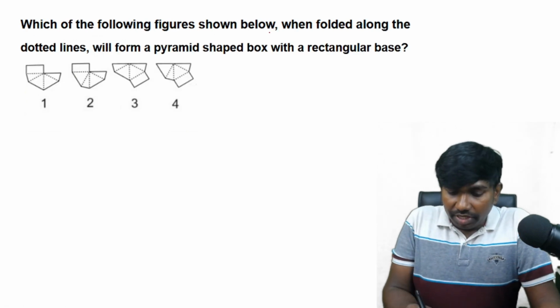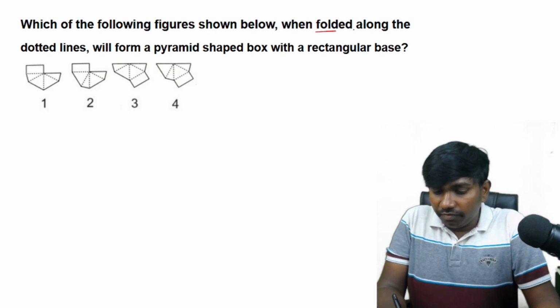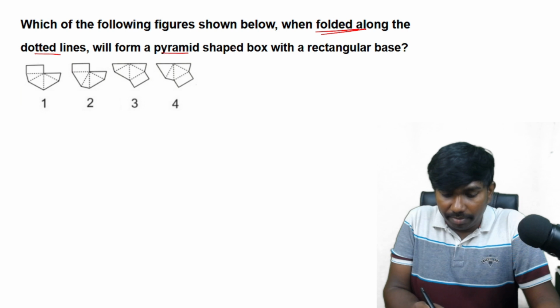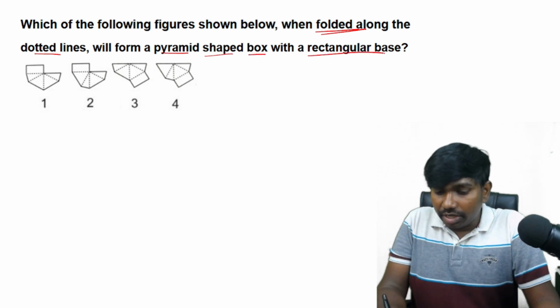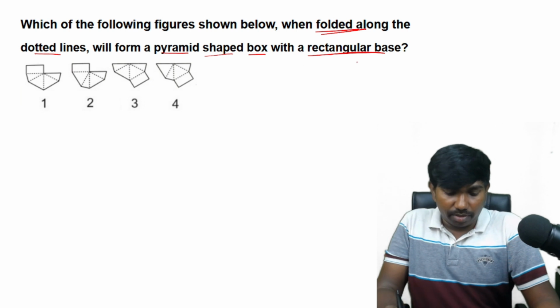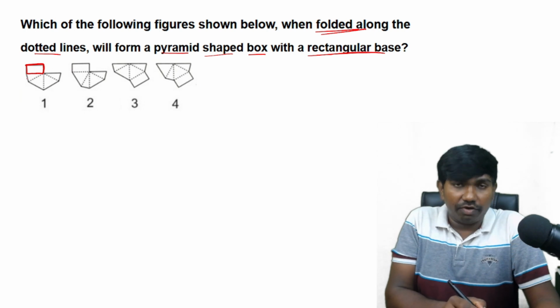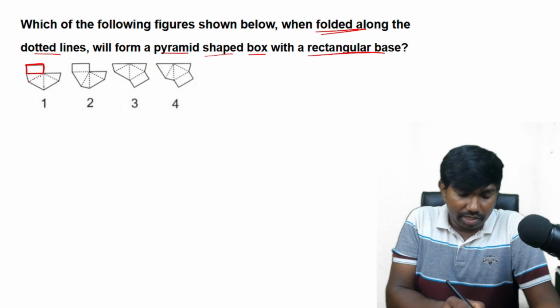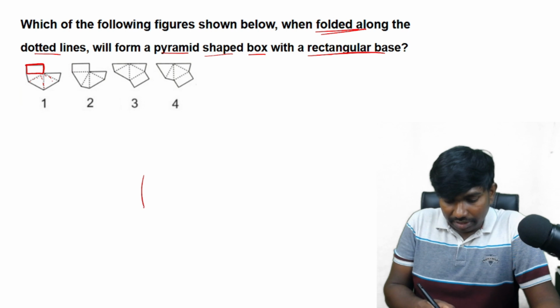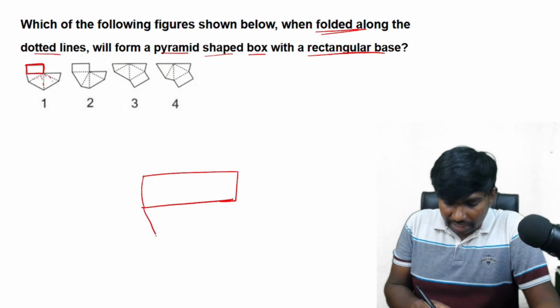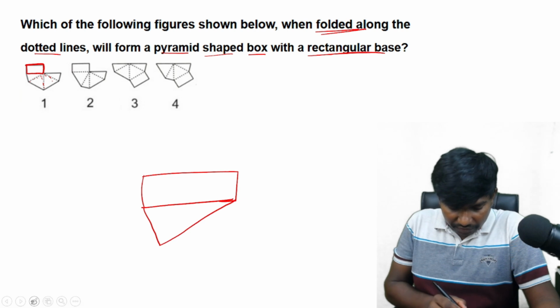Next is, which of the following figures shown below, when folded along the dotted lines, will form a pyramid shaped box we want, and that too with a rectangular base. Okay, see, this is the rectangular base, and on this rectangular base we have to fold along these dotted lines. Along these dotted lines we have to fold. See, this is a rectangular base, it is okay, and whatever the side it is connected already. Next folding must be,